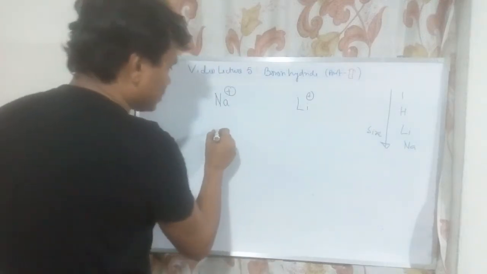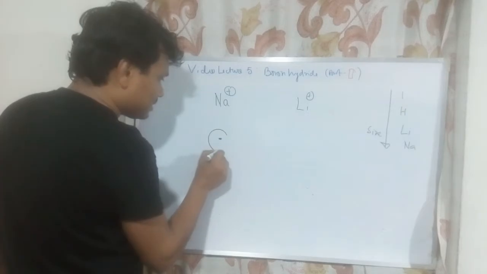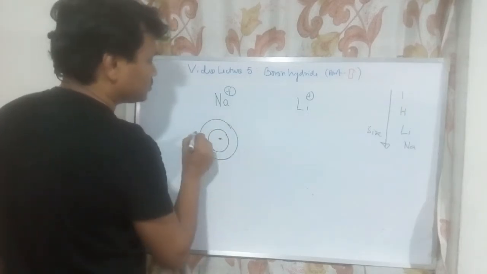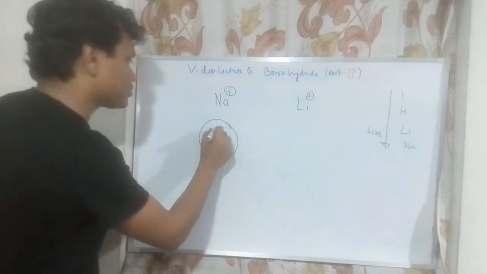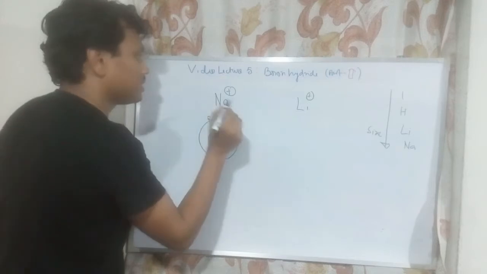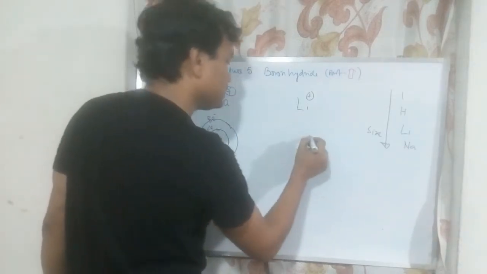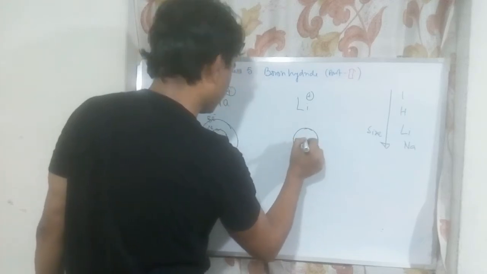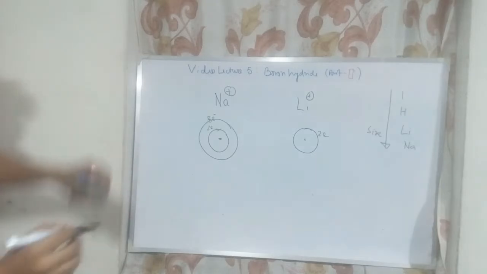So here in case of sodium, from the nucleus there are two layers. Here 2 electrons, here 8 electrons. But in case of lithium, only one shell is there from the nucleus with 2 electrons. So you can say that